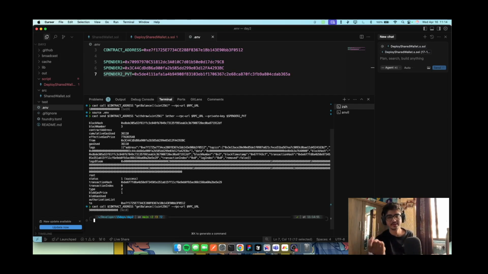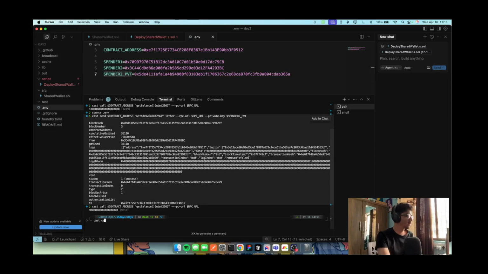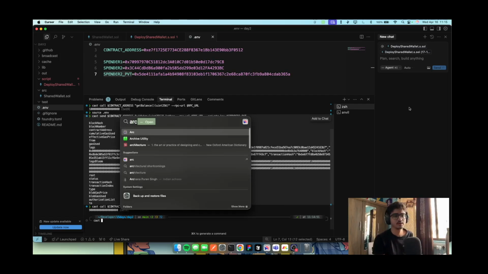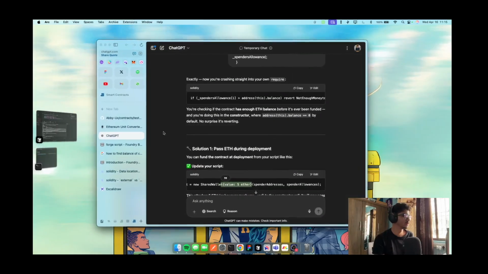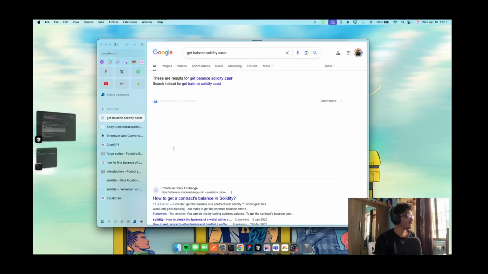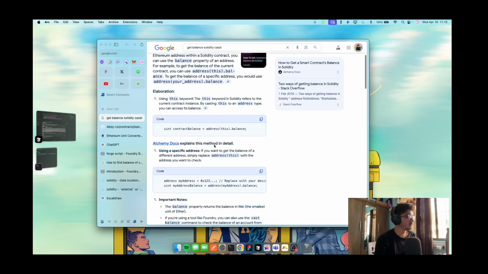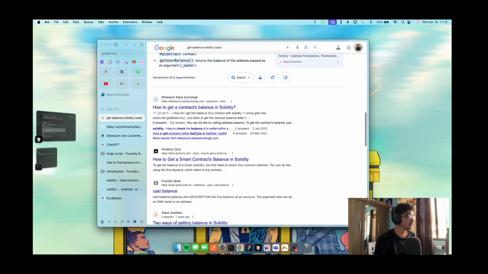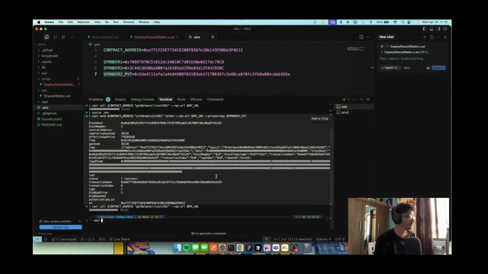It is 9 ether. Now let's get the balance of this guy, like which guy? Spender 2. Yes, so we'll go for cast call balance. I'm not sure how it goes, and yes, this will work actually. So how do we go for get balance in Solidity, cast balance address this balance cast? How do we use the cast here? Cast balance. Yes, the founder cast balance of